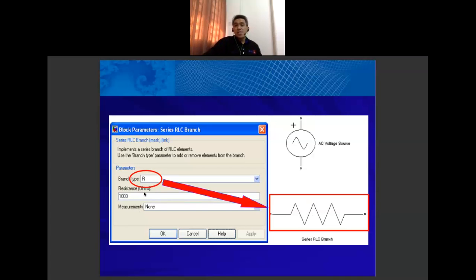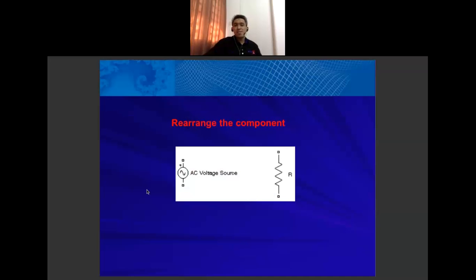Then we can set the parameters for this resistance. Let's say you set 1000 ohm. Once you set the parameter to 1000 ohm, then you click OK.